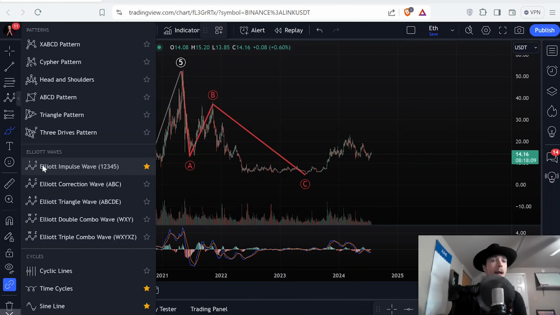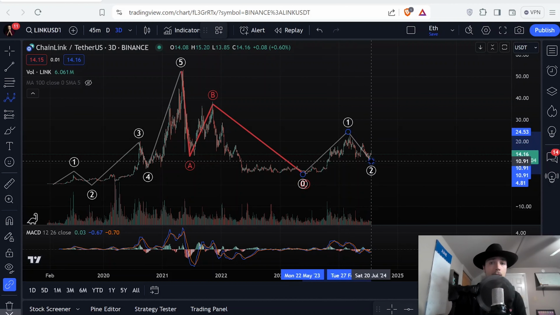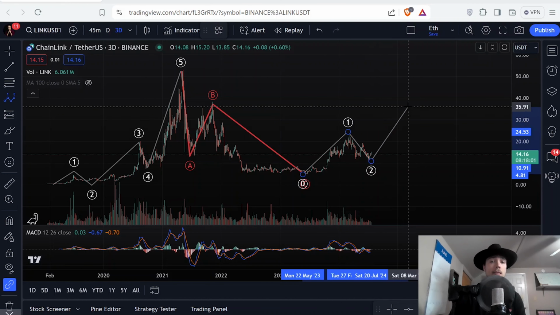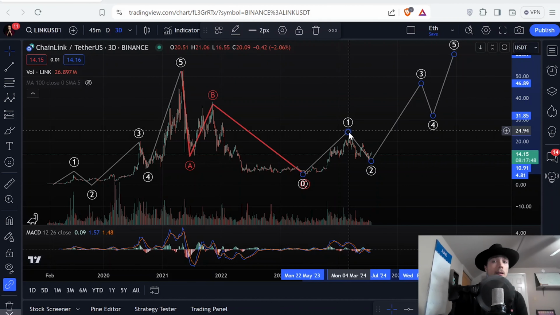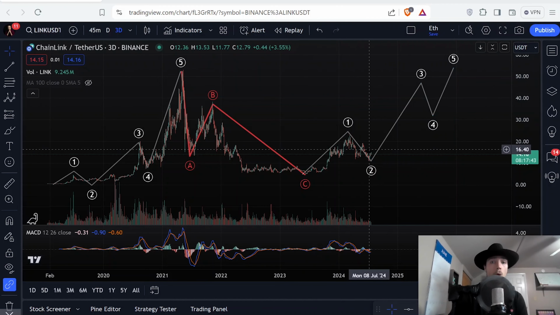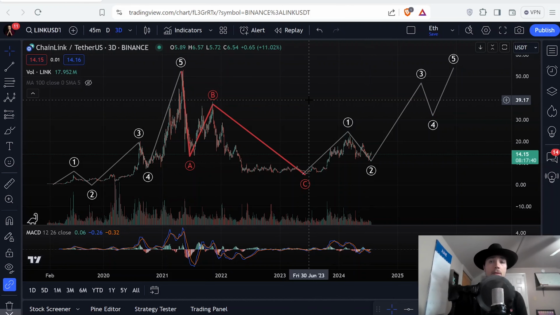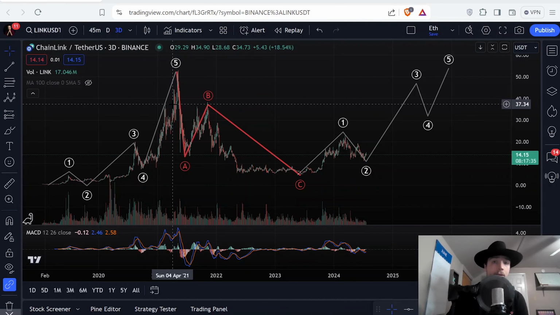So basically what happened here is we did our wave 1 and our wave 2 in our new cycle, and now I'm expecting for us to have a 3 wave that's coming shortly. Now that third wave is going to be very, very impulsive. At least it's going to be more impulsive than wave 1 for sure, but it could be quite a bit bigger than most wave 3s are. And the reason for that is because we're headed into a wave 3 of 3.